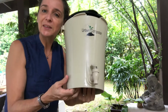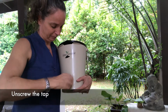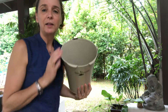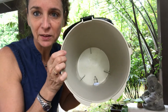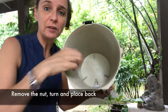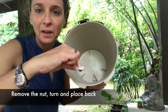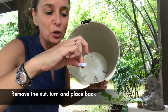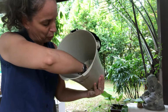First thing to do is simply unscrew the tap. Then open your bucket, and at the very bottom there's the nut over there, the white nut. This is where the problem is. So first you need to remove that nut. Then all you need to do is turn it a little bit and make sure one of the pointy sides is facing down. So put it back in,